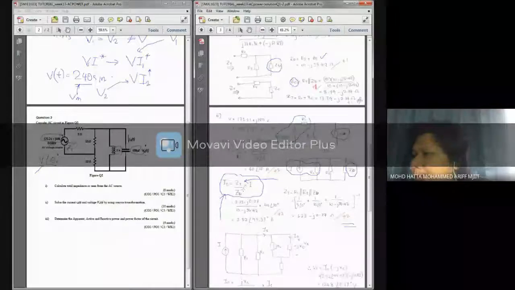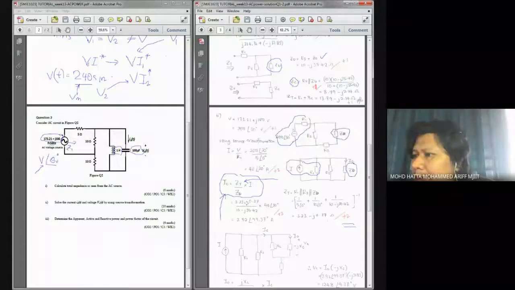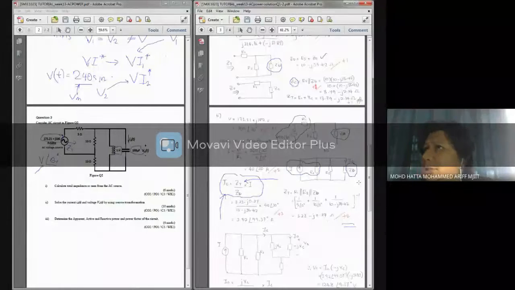We put Z total divided by ZB, the impedance over here, and multiply with I. But not many students know this. If you have 3 parallel connected elements, sorry about that,